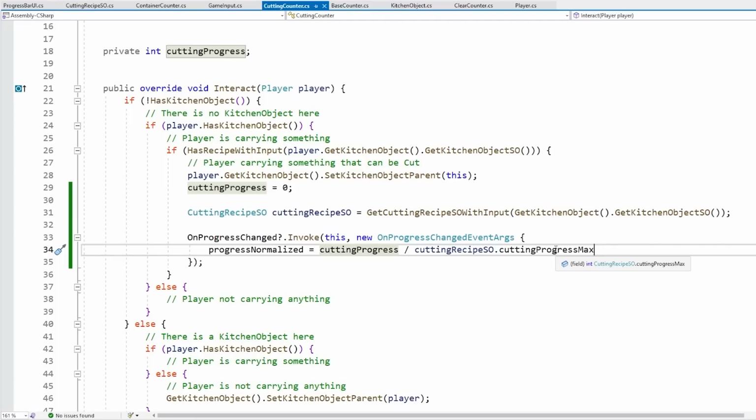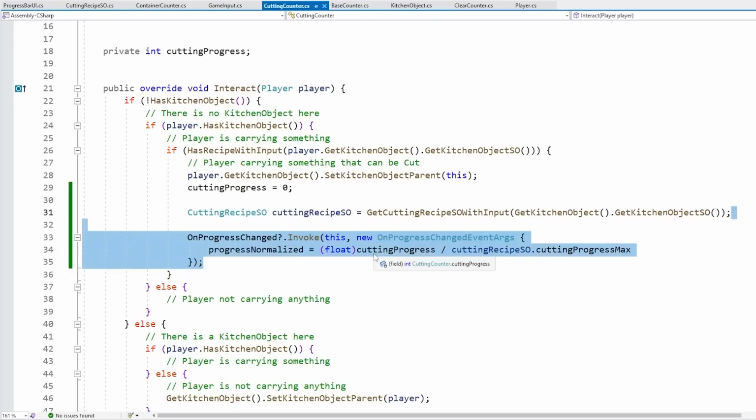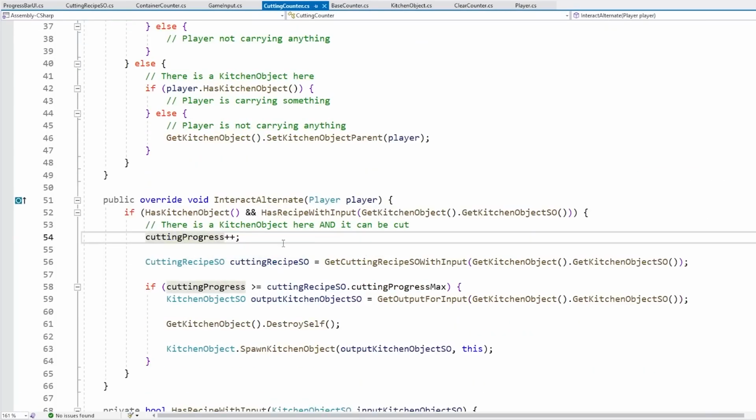In order to get the right value from this calculation, we need to make sure to convert one of these values to a float. That's really simple, we just cast one of them, so just cast this one to a float, just like that. Now this one will first be cast to a float, and then we're going to have a float divided by an int, and the end result will be a float. So if you ever do some math and you get some weird results, always make sure to check the type of your numbers. Okay, so here we are correctly firing the event,